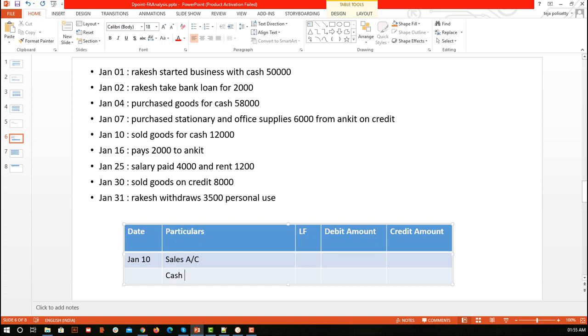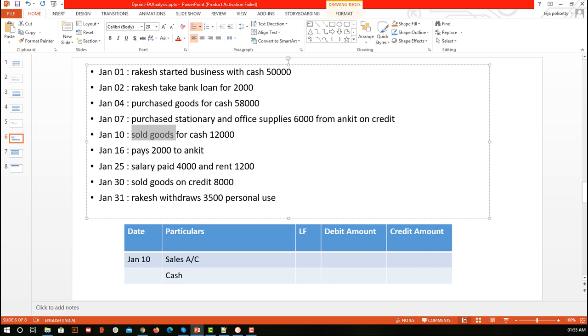Okay, so here we can see that sold goods means goods is going out. Now goods is what? Our asset, and cash is what? Cash is also our asset. So if we are not sure what sales is, whether it is a liability or an expense, but we know what type of account cash is, we can use this trick to identify. That is not the correct way of understanding, but if we don't know, we can take a decision in this manner.